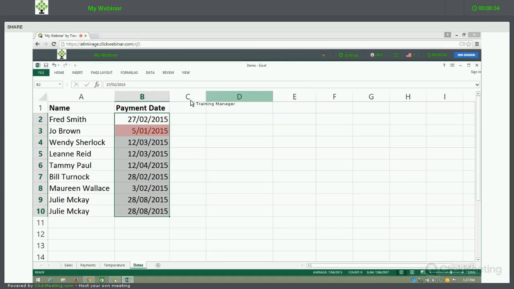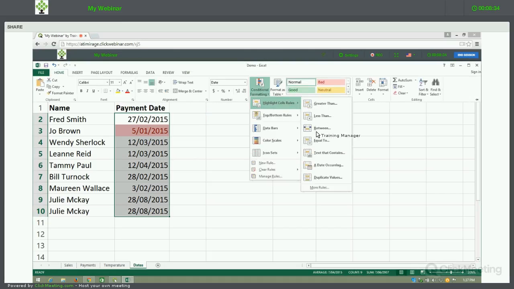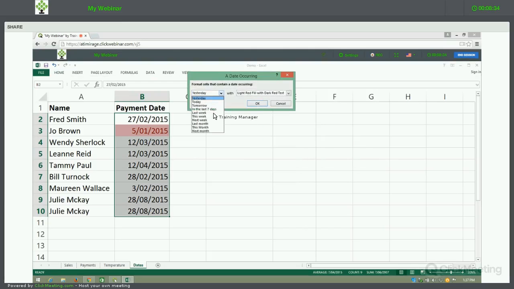I may wish to find out what payments are coming up for next month, so using the same option, date occurring, but this time it is for next month, and using a different color, green fill with a dark green text. Okay,